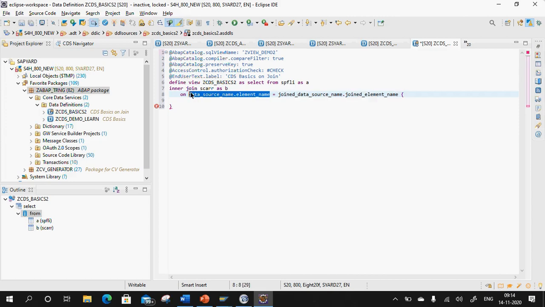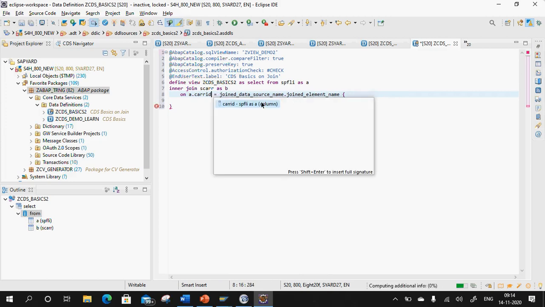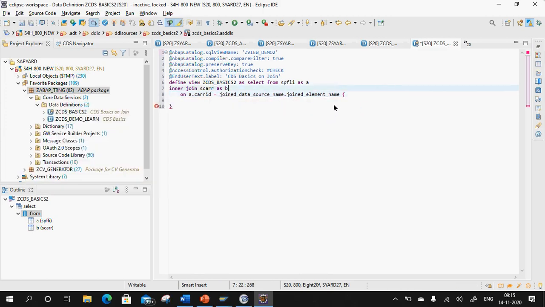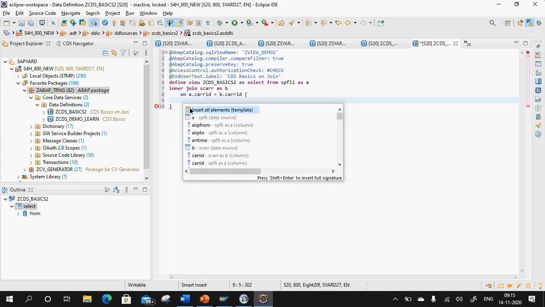So what I'll do is A dot carrid, SPFLI is A, and here I will give B dot carrid. So I've given the join condition. Now we'll give the field names.